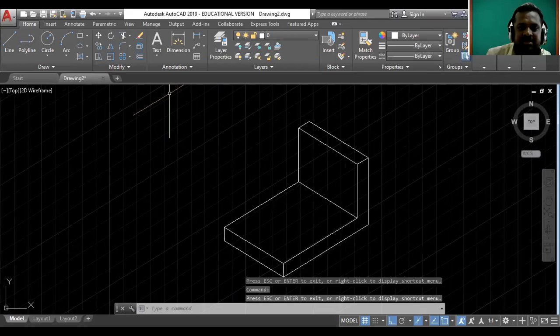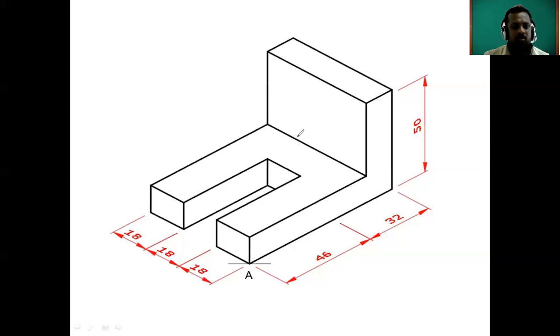See here, which part is remaining? So the given figure. Now, I think this part is remaining. This portion, how to draw? Already this distance we know that it is 80. Again, it is 80. From this point we have to take this line, and from this point we have to take this line. Again, from this point we have to draw this vertical or inclined line, we can say.